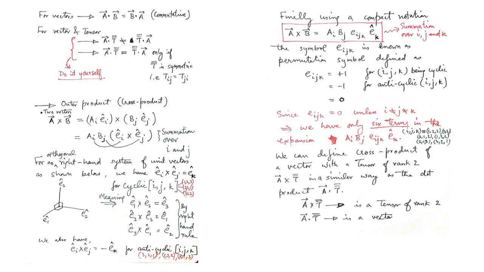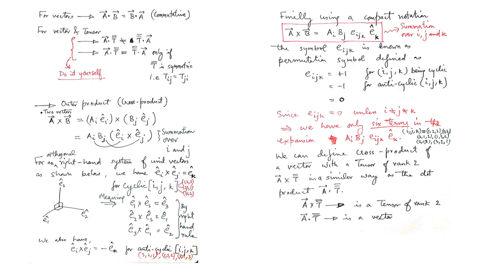Now I've written it below. Tij is equal to Tji. That means the components of the tensor I am talking of behave in a manner such that Tij is equal to Tji. So T12 is equal to T21 and T13 is equal to T31, things like that. Remember, you must have learned this for the stress tensor at a point in solid mechanics or even in fluid mechanics, that the stress tensor at a point is symmetric.